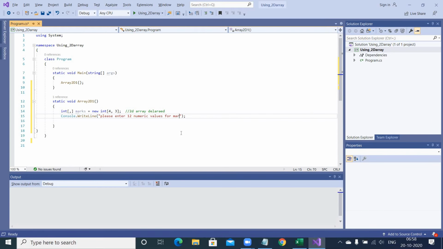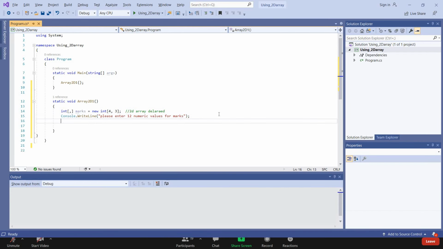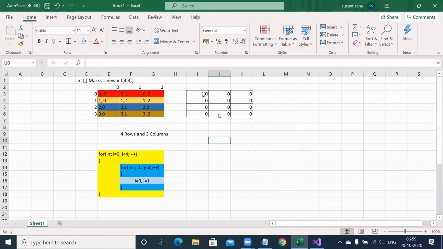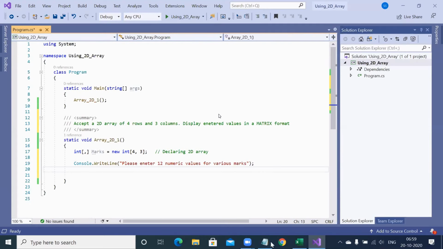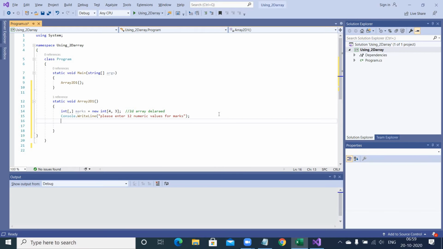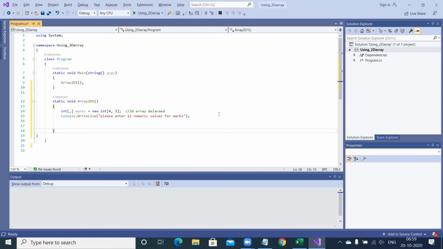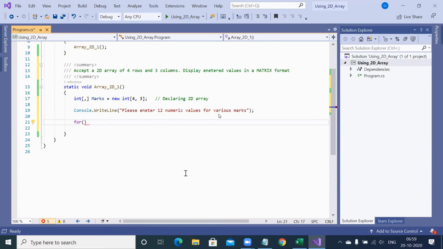So your sentence should be user friendly so that user will understand that, okay, there are 12 subject maybe, and I'm going to enter marks for them. Now comes the loop concept because it's a repetition logic. 12 times I'm going to repeat same thing to take the value, store it, take the value, store it, take the value, store it. So I have to go for that nested loop, what we just now discussed, loop inside loop. I will vary row numbers, J will vary column numbers. Very simple. So come here and say for how many rows? 4 rows. If it is 4, then 0 to 3.